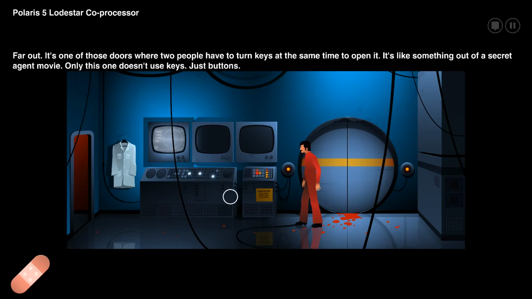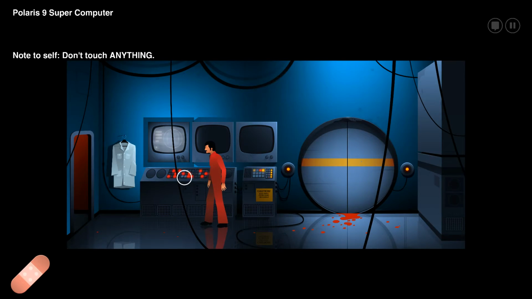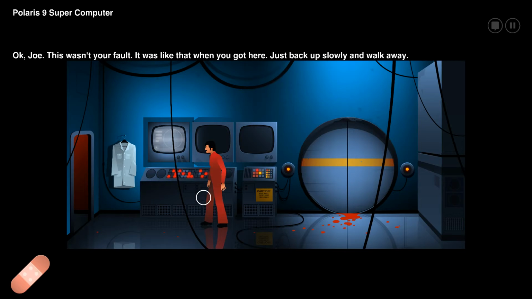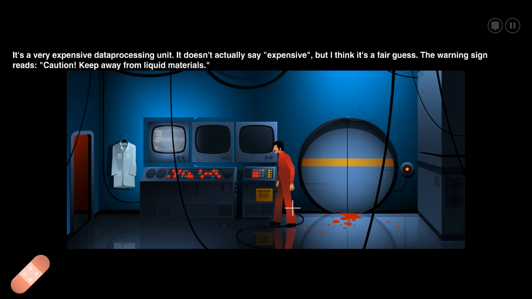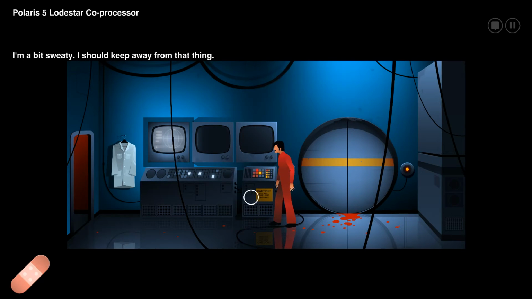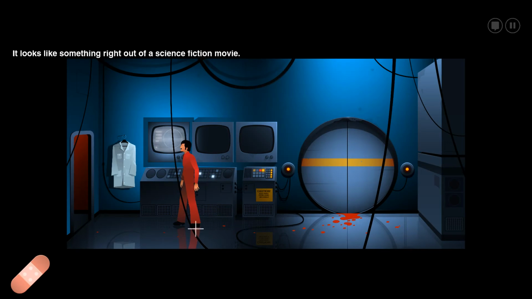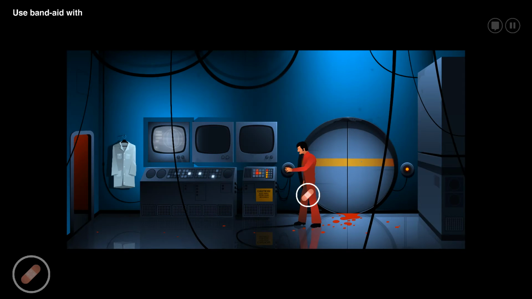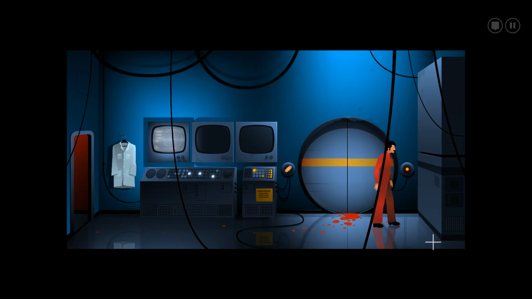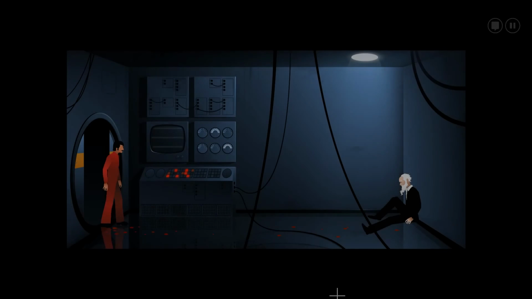Far out. Far out. Don't touch anything. Touch it again. Okay, Joe, this wasn't your fault. It was like that when you got here. Just back up slowly and walk away. I really need to be somewhere else right now. Hit it. I'm a bit sweaty. Okay, I should probably keep away from that thing. Like, what would I... Oh, can I stick a Band-Aid on one of them? Oh, nice. Okay, there we go. Brilliant! What the...